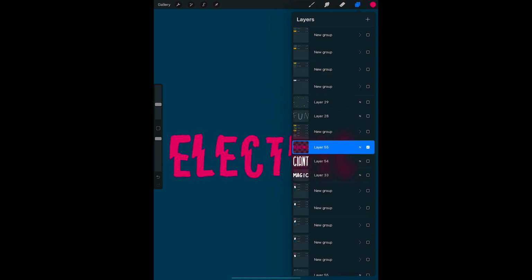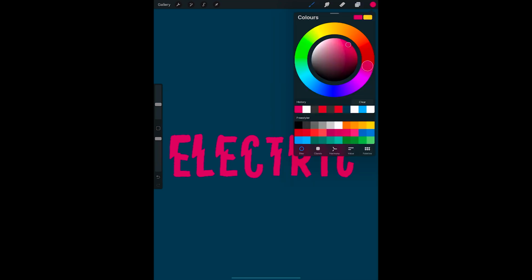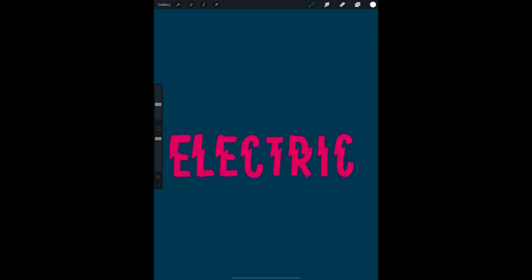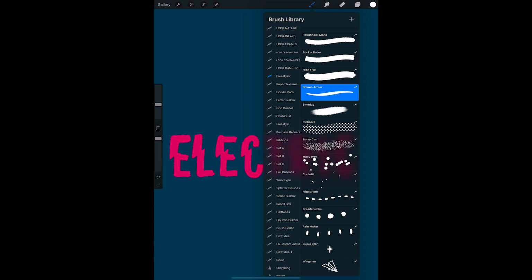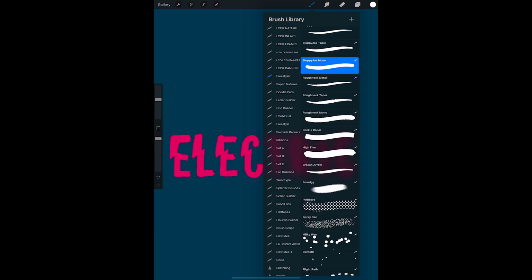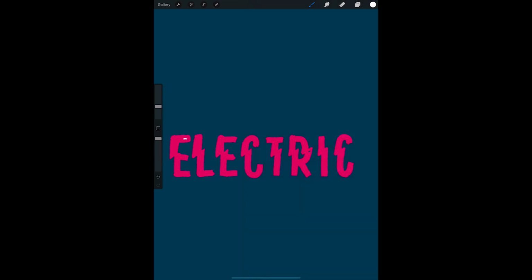And then on top of that, let's make that sort of pink, and then new layer, and then we go white, get like a monoline brush, and then we can just sort of give it like a neon look to it. We can add some effects. We haven't got time at the moment, but